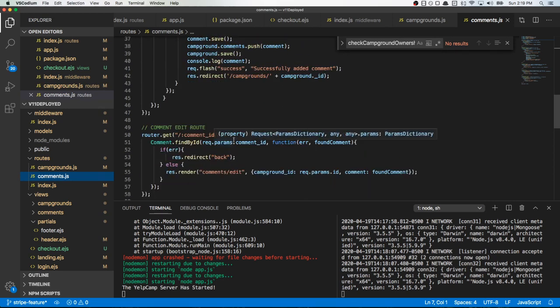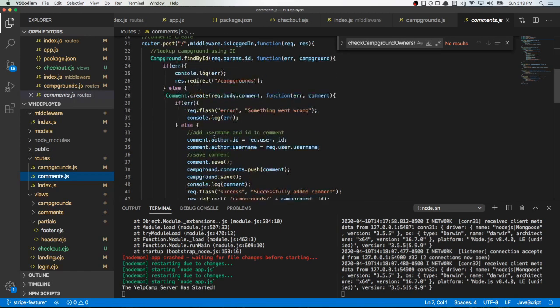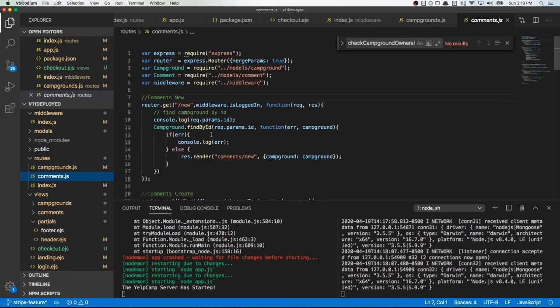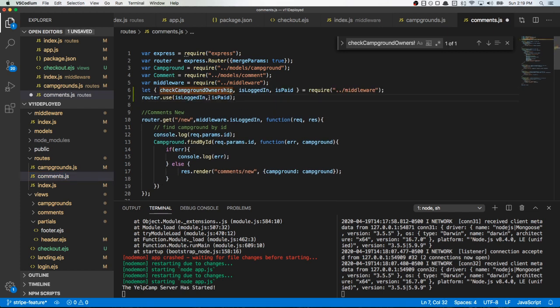You can't post a comment on a campground page unless you're paid. You can't see the campground page, which is where the comment form is living, unless you're paid. Unless, I think you actually can, because if you were somehow able to figure out the ID of a comment, which would be really difficult, then you could potentially hack your way into creating comments even if you're not paid. So just to really cover all of our ends here, let's go ahead and plug this in,